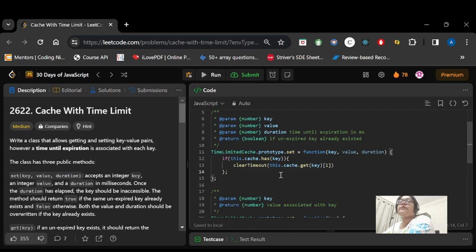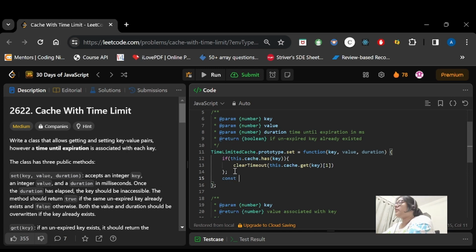Now this will happen if the key is found. If it is not found, in such a condition we need to create a timer. We are using set timeout here, and we need to delete the key with the value, so we will use this.cache.delete(key).